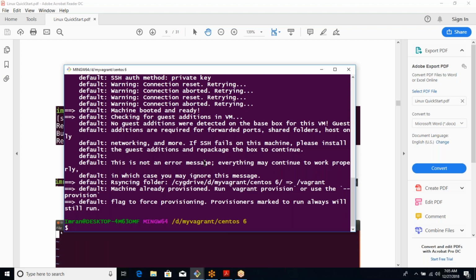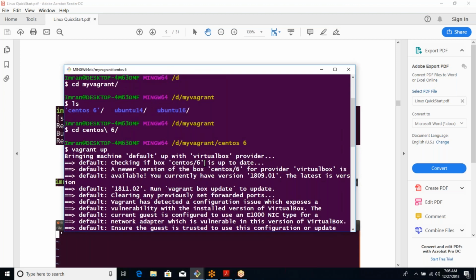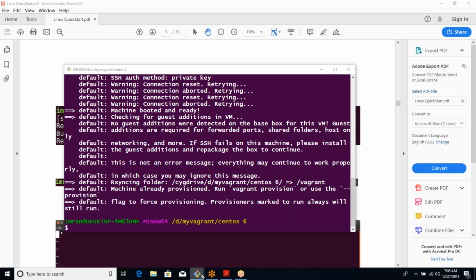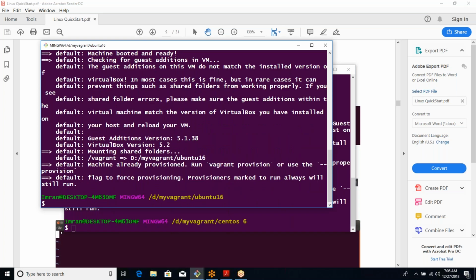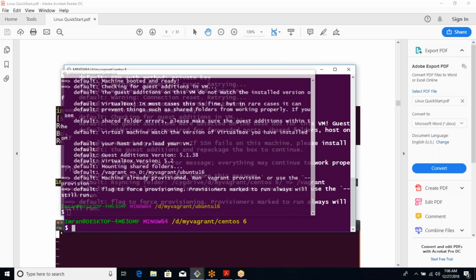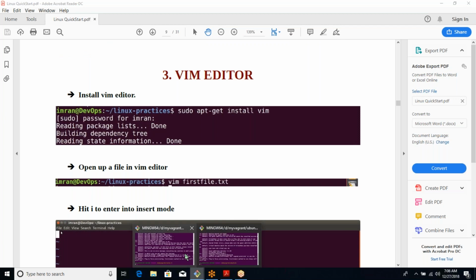So again, I have brought up my two VMs, CentOS 6 and Ubuntu 16. So we are just bringing up the VM, okay, and to just practice Linux commands. Bridge networking and other things, we'll do it. Okay, we'll do lots and lots of Vagrant. As of now, we'll stick to only this much, okay? So today the next thing is